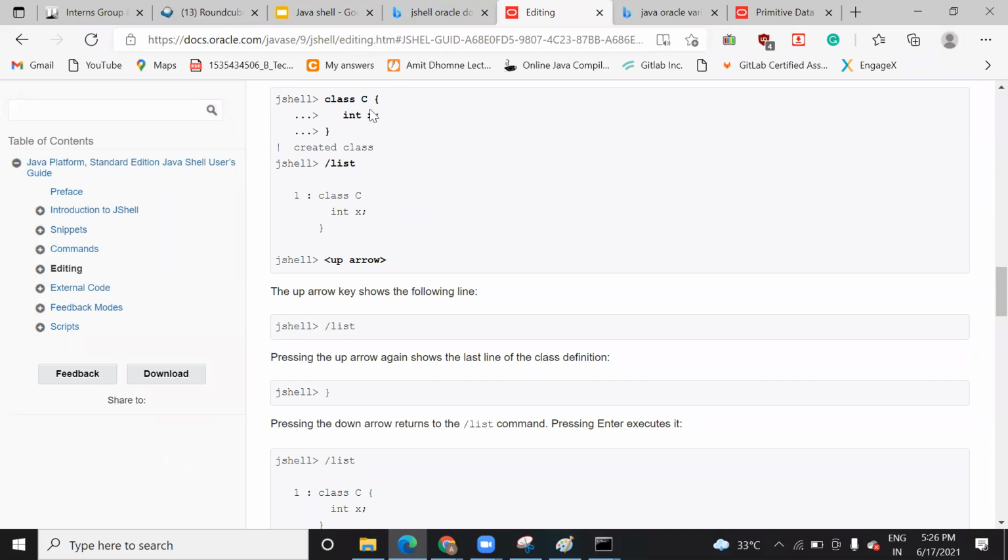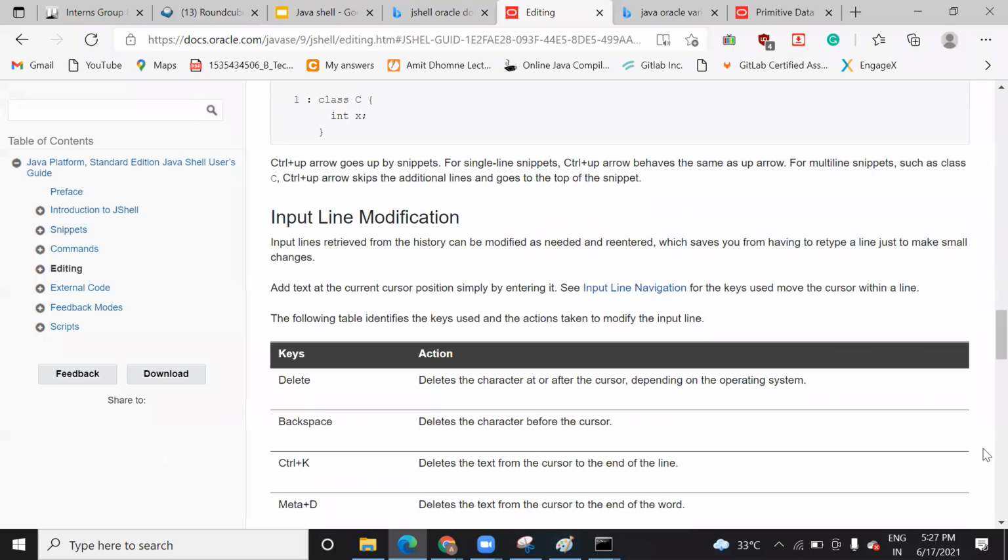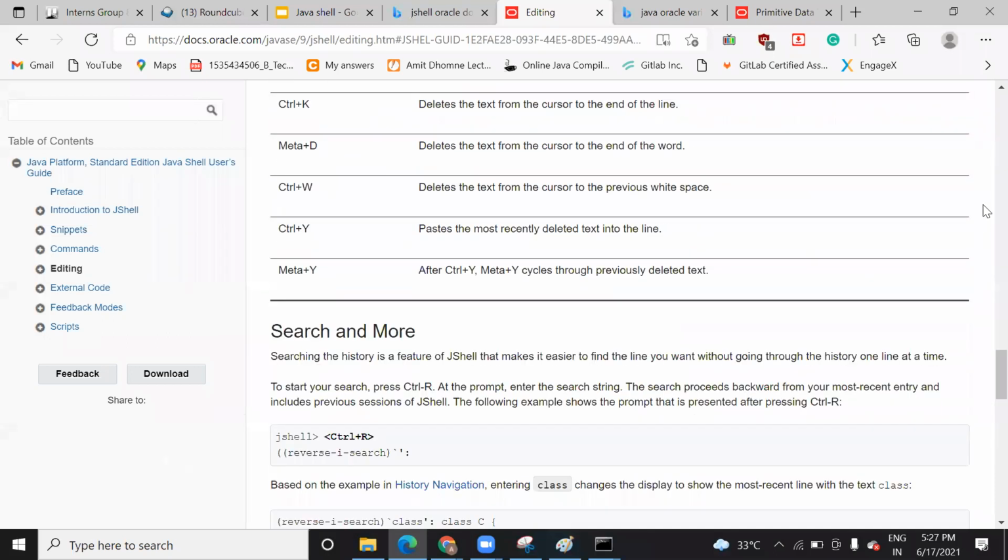So a class you can create, but whatever we do in Eclipse, we can do here also with some limitation or restriction. So you can go through this document and try working on that.